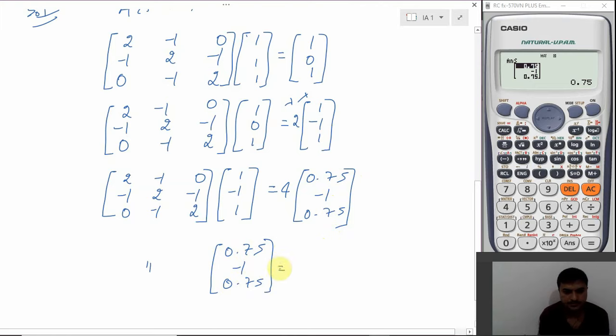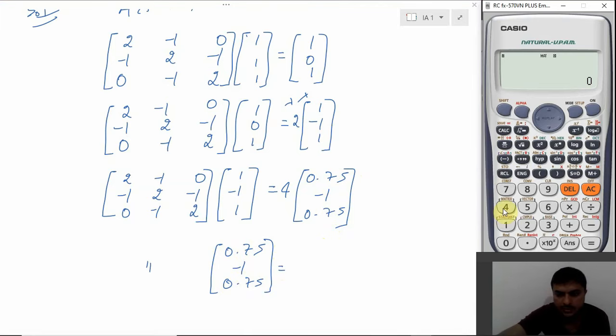0.75, this is equal to, okay. Press AC, repeat the same procedure, shift 4 1 2 3. Yes, just put the value: 0.75 equal to, minus 1 equal to, 0.75 equal to. So that's the matrix is fit. Shift 4 3 into shift 4 4, which is equal to, yes friends, you can see in the calculator it's